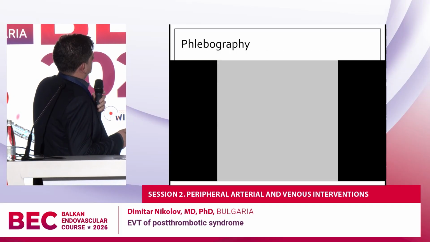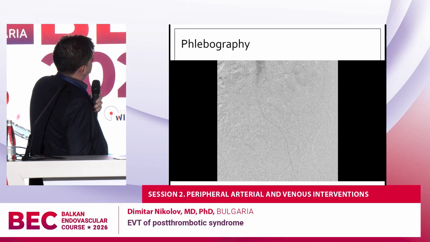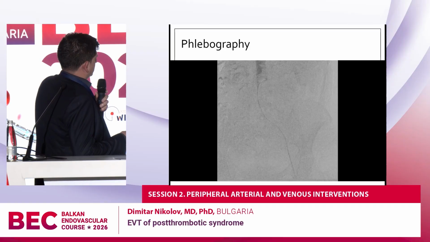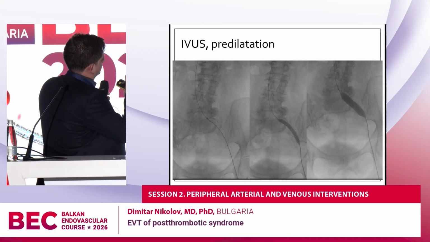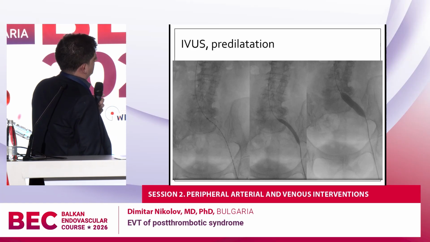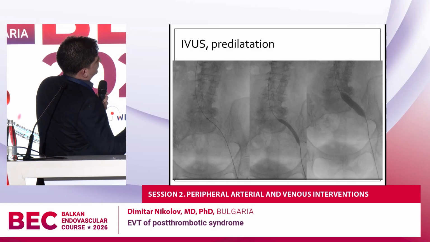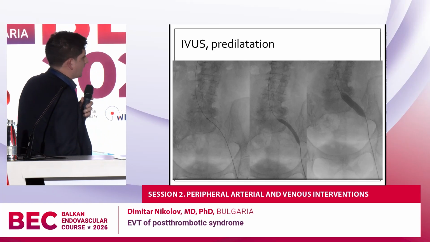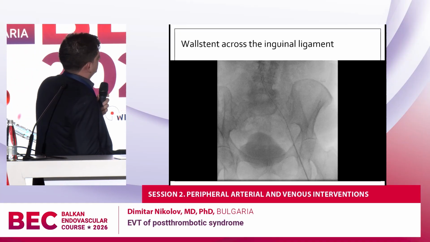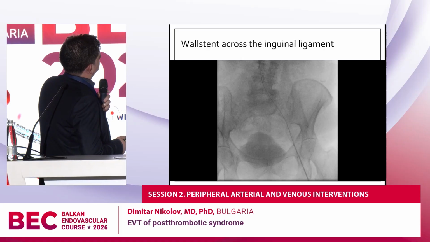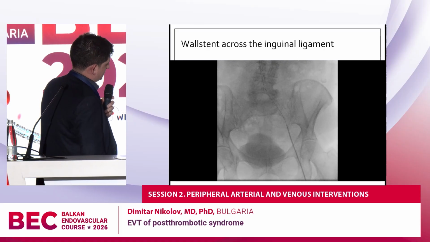After we were sure that we were in the IVC, we did an IVUS, which showed that the whole segment below the ligament was diseased. So we did angioplasty with a smaller balloon, then with a bigger balloon,